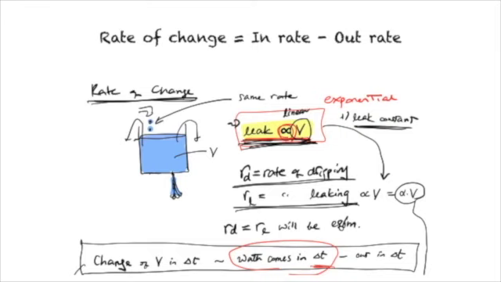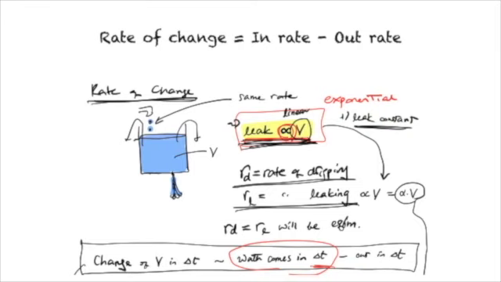But then you can imagine that if we have more water accumulated in the tank, then there will be a higher pressure, and this pressure will throw out more water, so the leakage will increase. So we can basically assume that the leak will be linearly proportional to the volume of water. The basic idea is simple. If you think about this dynamics in terms of not a total quantity, but the rate of change, then this problem becomes tractable.